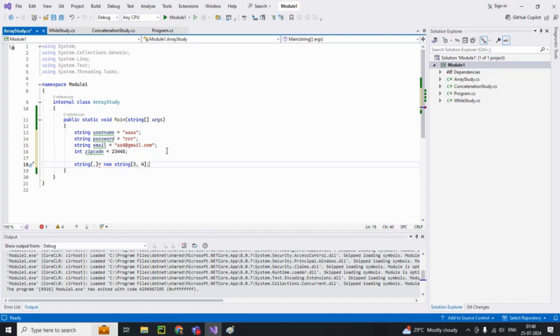So this is how you can run the array. Now you can say